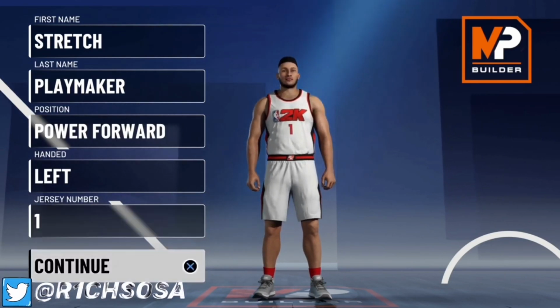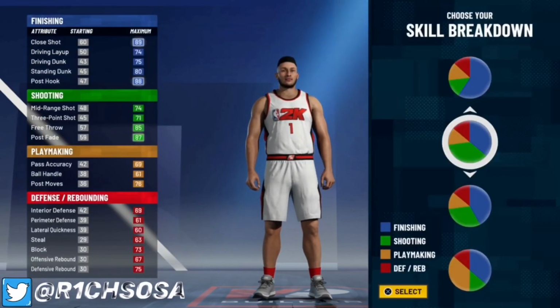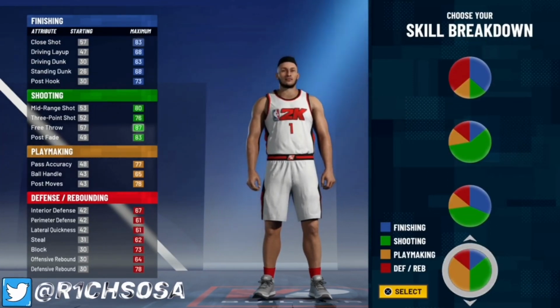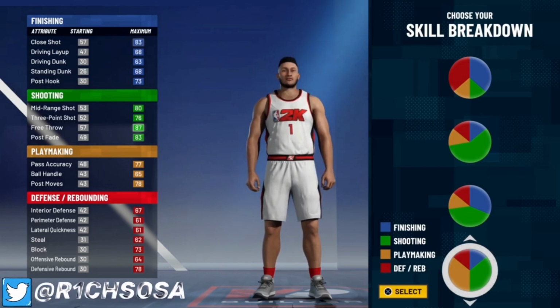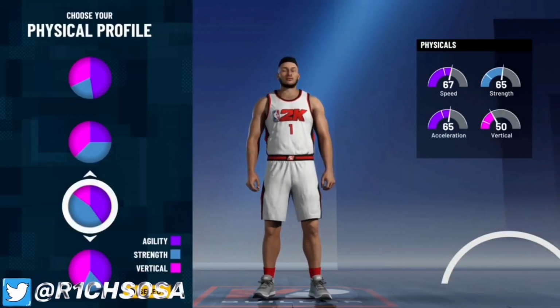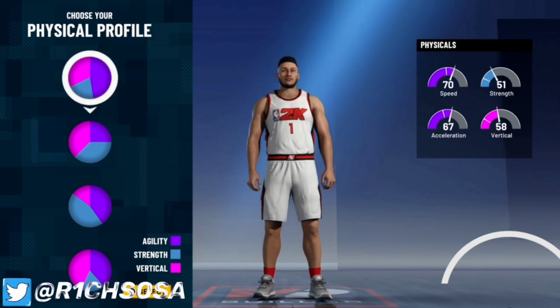Now, let's go ahead and get into the breakdown. So, the pie chart that y'all want to go ahead and pick is going to be the one right here, split right down the middle with the playmaking as well as the shooting. Then, when it comes to the physical profile, the one that you're going to want to pick for this build,